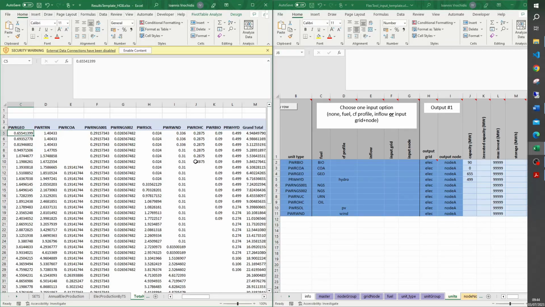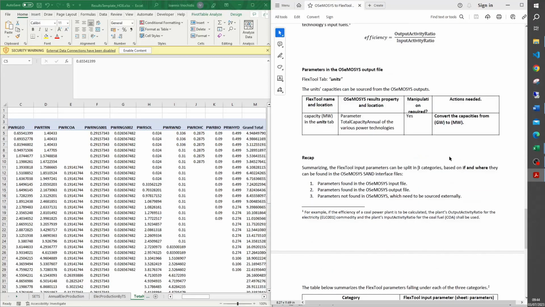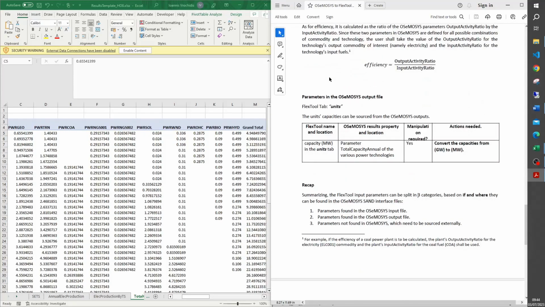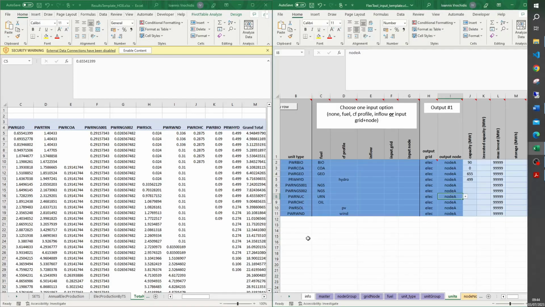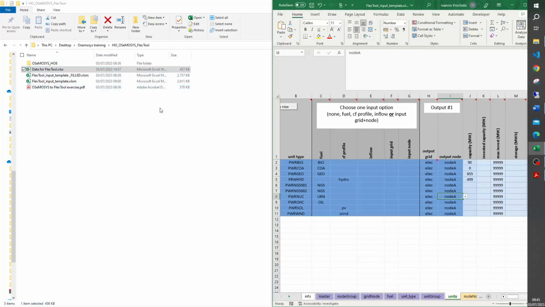You can fill in the rest of the capacities right here. So more or less we now have finished all the data transfer from the OSeMOSYS input and output files, and the only thing we will need to do is to fill in also the few data that will need to be inserted externally. So I will now open this data file,